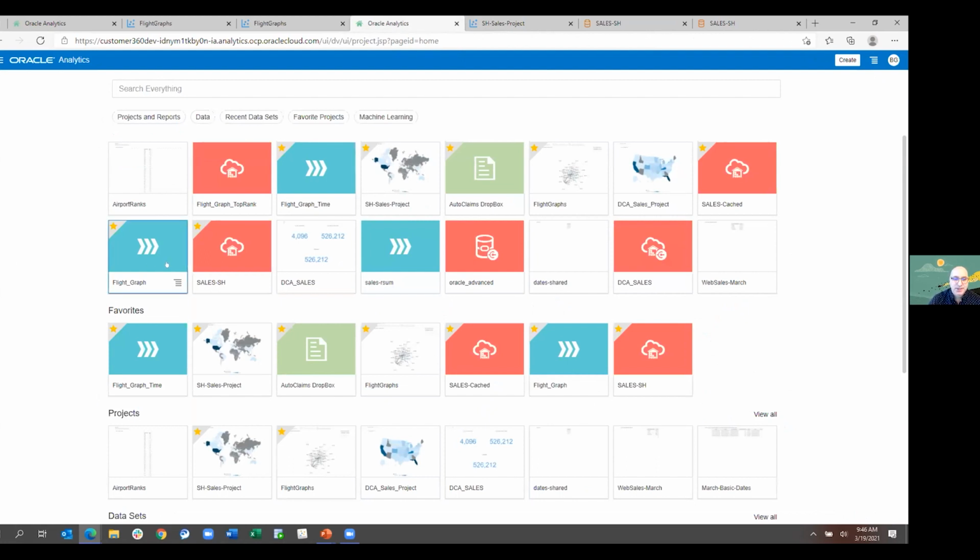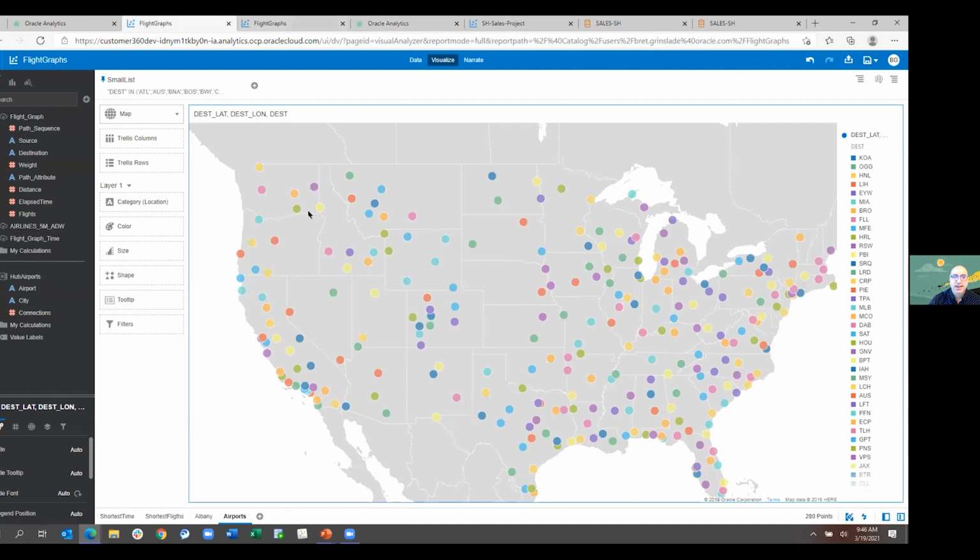We talked about it earlier. I think we saw some of the demos around having graph analytics. This would be an example of a map that has a bunch of airports. This is a large set of airport data. A couple things I want to show here is now we have the ability to add map layers that are not joined together. If you're used to using DV, this means the elements above are joined, and the elements below are just a file uploaded and there's no join there.